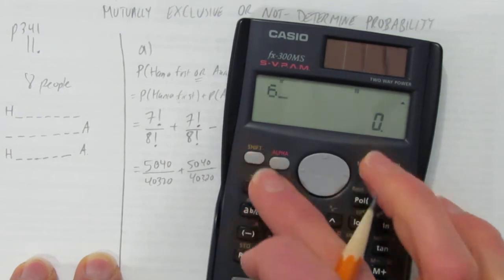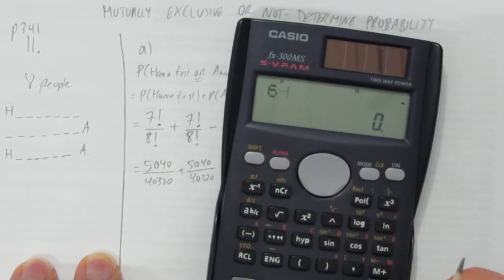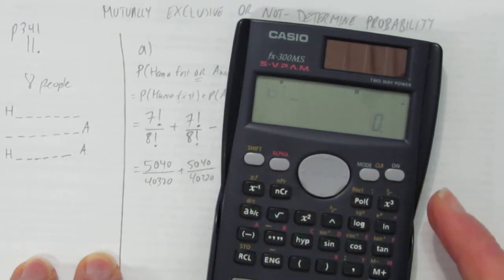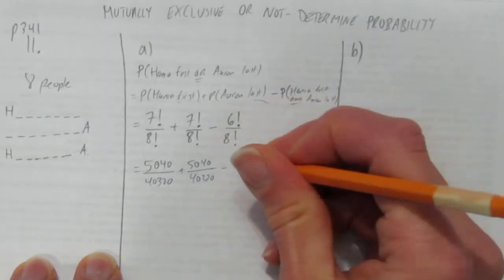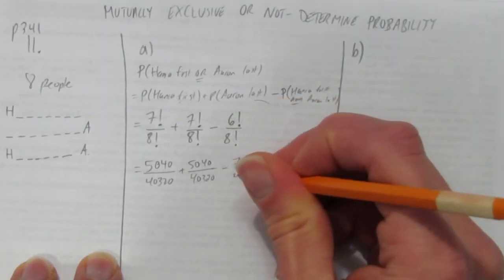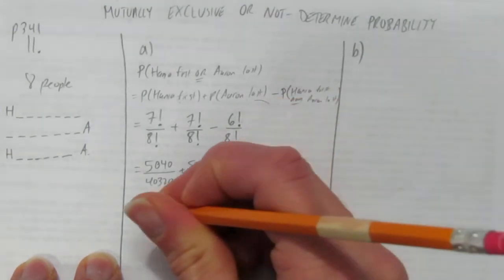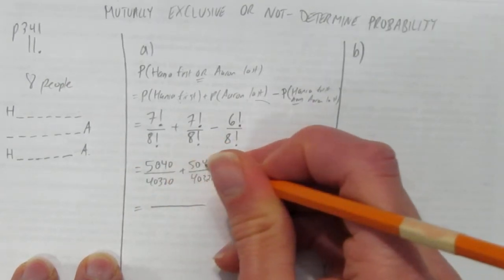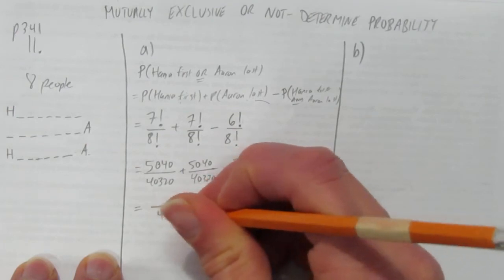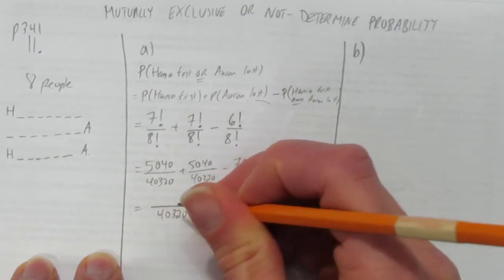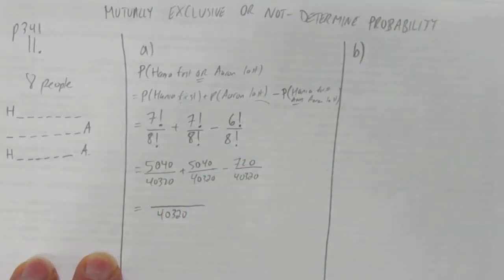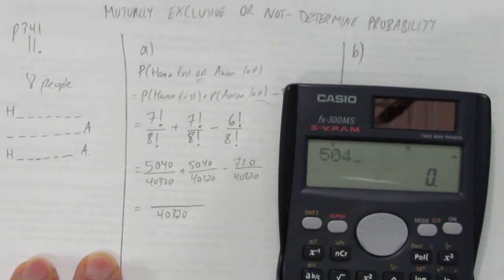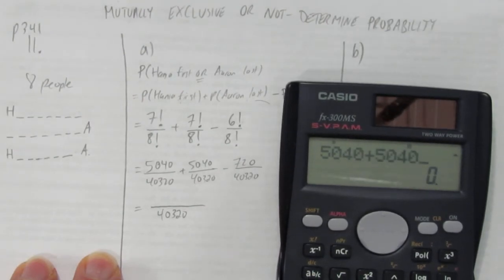You can use a calculator if you need it. 720 again over 40,320. So when you're adding and subtracting fractions, you just add and subtract the numerators, leave the denominator alone. You can watch a video on that. What's 5,040 plus 5,040 minus 720, and you get